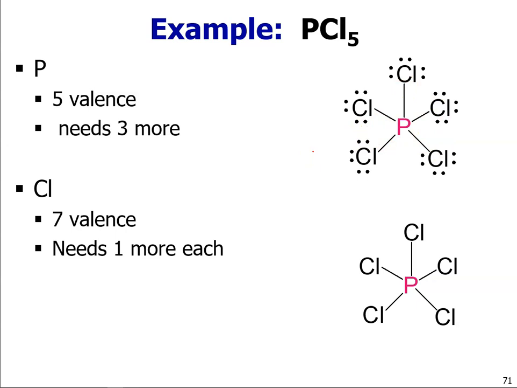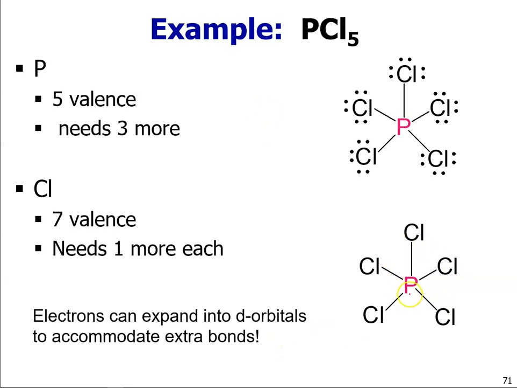But again, those electrons can go into the d orbital. They're higher energy electrons. Just because something is higher energy doesn't mean it can't happen. It just means that it requires more energy, and those bonds are higher energy bonds, which means when we break them, they can release more energy. Expansion into the d orbital can allow, for example, these 5 bonded atoms. We can do 5, we can do even 6, and that's about the extent of what we'll be talking about